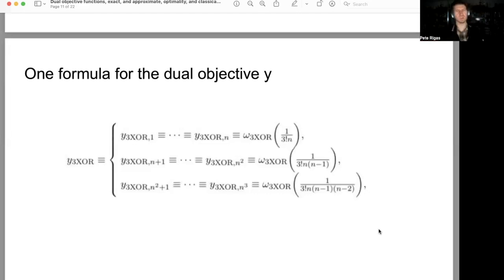But also, like I mentioned and alluded to in the first part of the presentation series, there's always this combinatorial